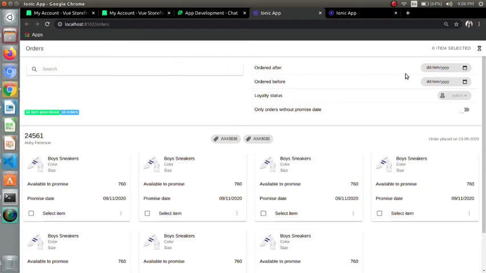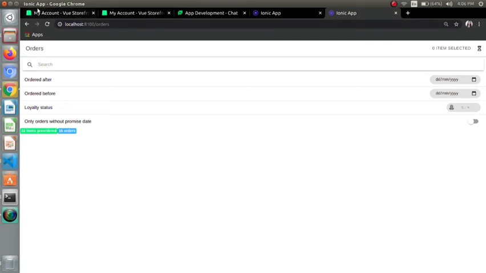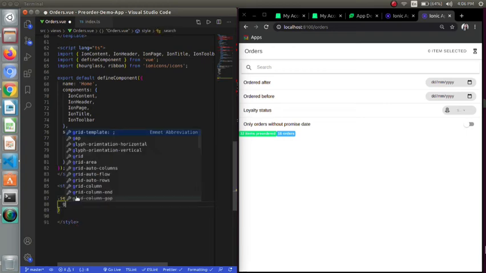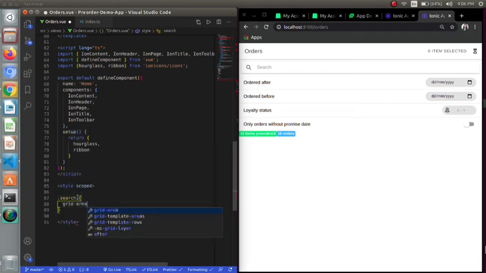Here I am seeing the first part contains the search bar and the result, and the second part contains the filters. So first I will go to its class. I have named it header. I will provide separate sections or areas here by grid area.